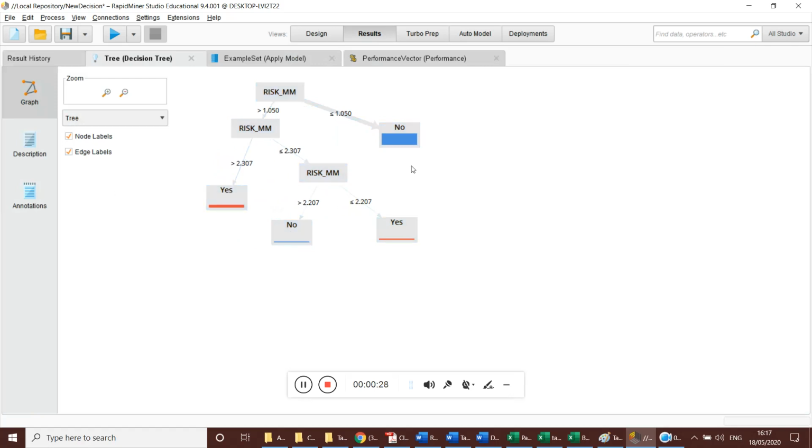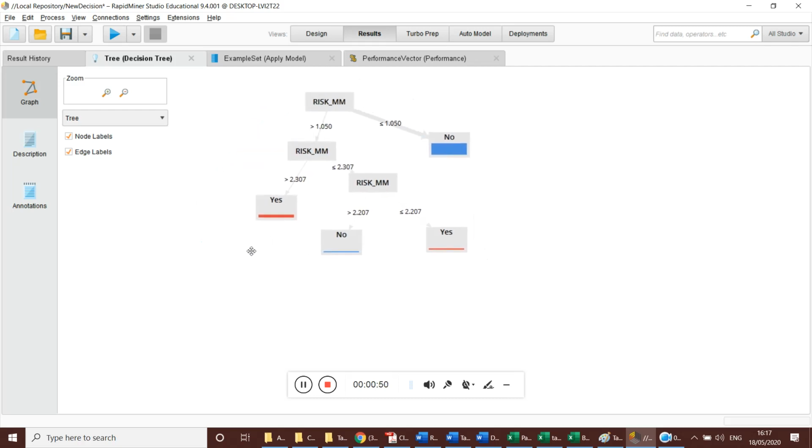For example, from the correlation analysis, we have identified that RISK_MM is one of the top influencing variables. So based on the RISK_MM value, we can decide whether tomorrow it is going to rain or not. If the RISK_MM value is greater than 1.5, there is a possibility of raining at least.